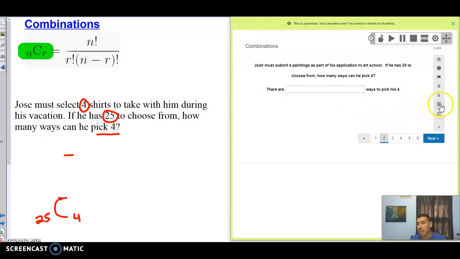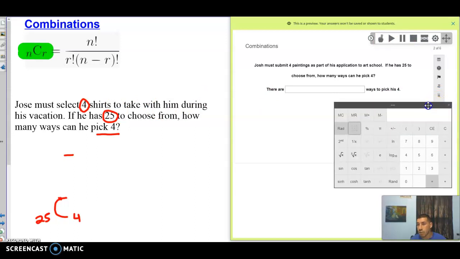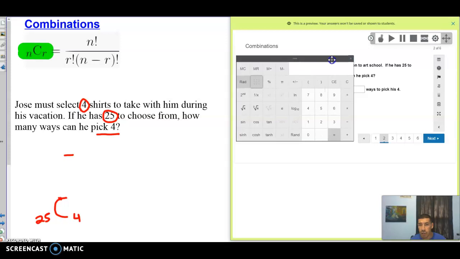So if you look at the right side, when you work on your problems, you're going to hit the calculator. Now look at your calculator. This is your calculator. Okay? So now you go back to the setup and you're like, okay, 25, and then once you hit 25, look down there, nCr. That's exactly what we have. So you're going to hit nCr and then 4 at the end. Make sure that you close the parenthesis at the end. Equals, that's the answer,